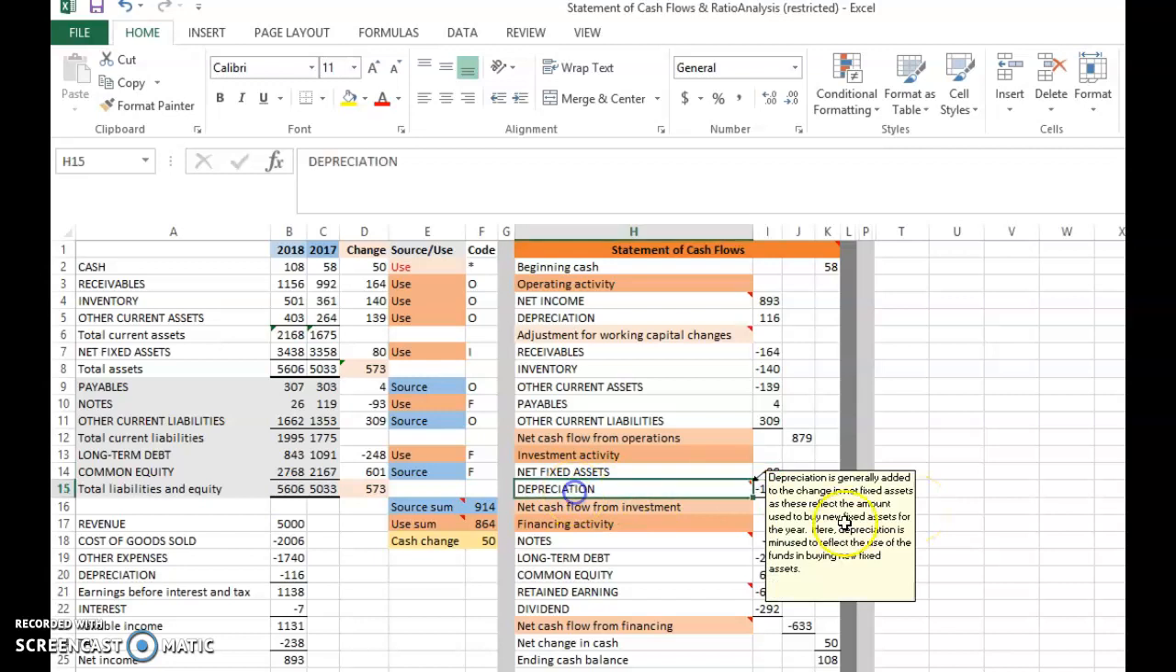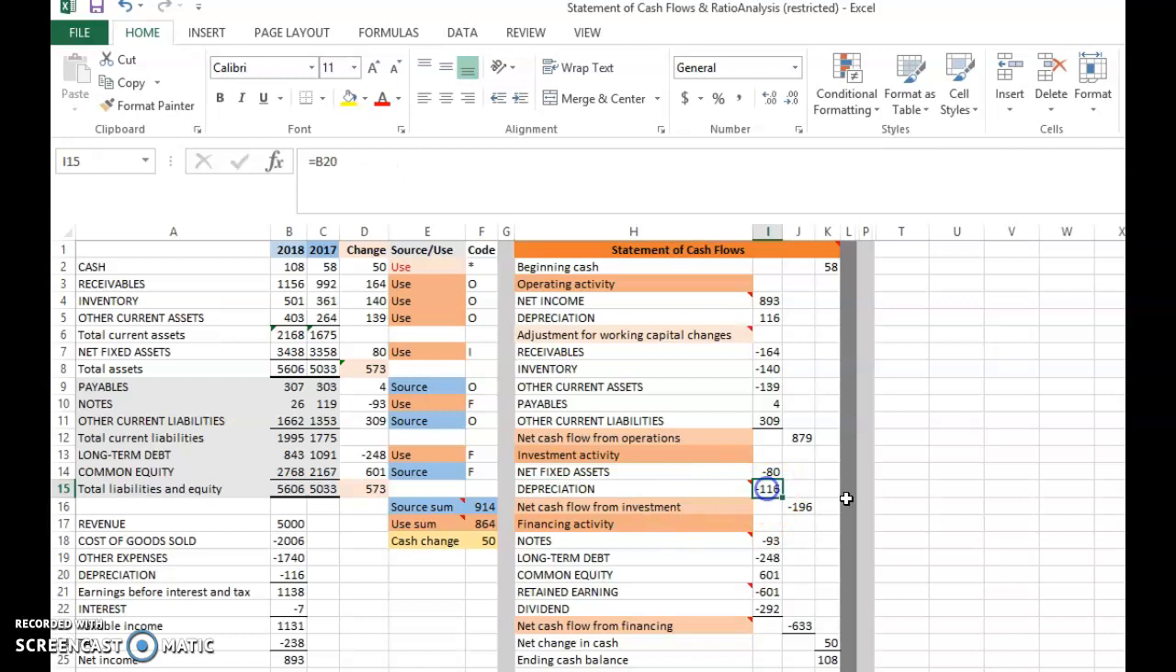Then you have depreciation. Depreciation is also deducted. Why is it deducted here? Depreciation reflects the use of cash to increase the fixed assets of the company. The perspective here is slightly different from the depreciation here. Here it's positive, here it's negative. Remember, you add depreciation on both sides of the equation. But even though you add on both sides of the equation, what you do is you actually bring both the depreciation